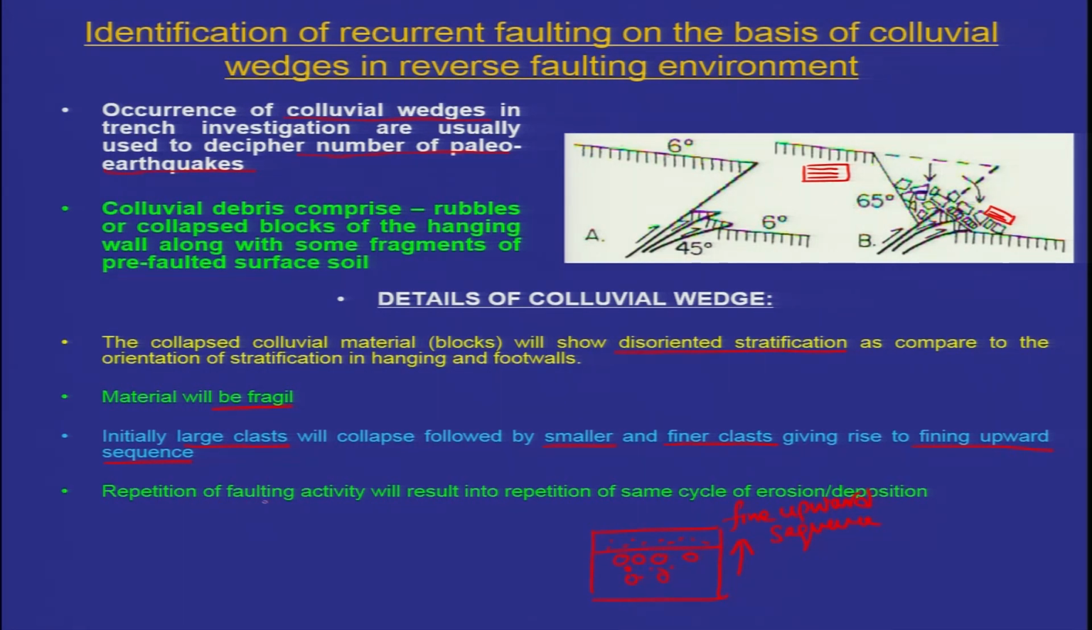So, repetition of faulting activity will result in repetition of the same cycle of erosion. That means that if we have similar deformation taking place in the next event, then again we will have the formation of the colluvial wedge. Okay. So, this cycle will be repeated, but in some cases where we have very homogeneous material, this becomes